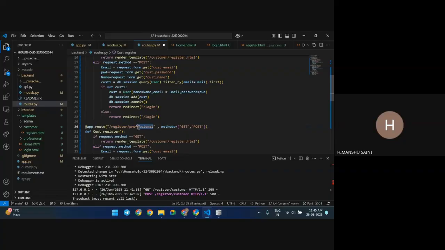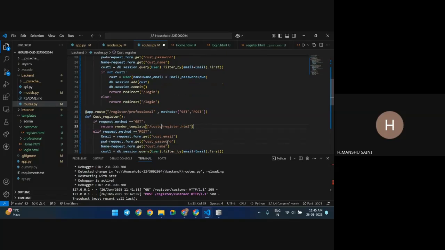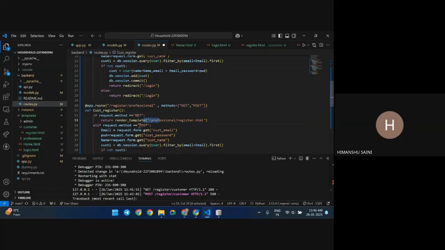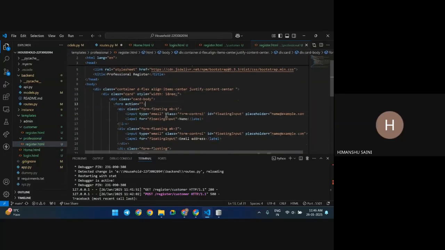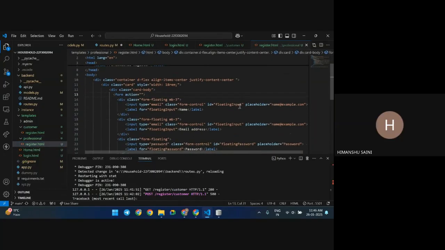For the professional route, if he is coming to the professional route, he should see the register page for professional. So he will come to this route with the get method. The template to be rendered is professional register.html. If it is the get and post method, then in the register.html we should specify the input names, right? So name equal to